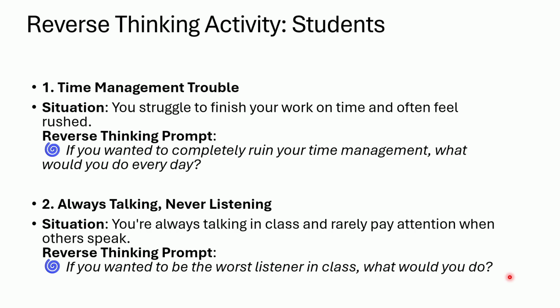So if you want to be a good listener, you have to identify what a worst listener will do. Then you remove all those things, and you ultimately become a good listener. First you think in a reverse manner. How? If you want to be a worst listener, what to do? You list it out. Then don't do the listed things, or just remove all the listed things from your practice. Then you will be a good listener.